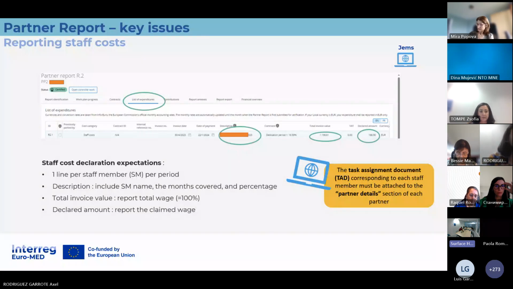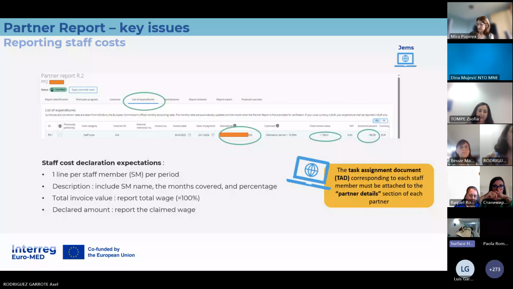So in the description field, please include the staff member name, the month covered, and the percentage you used for calculating the eligible staff cost.